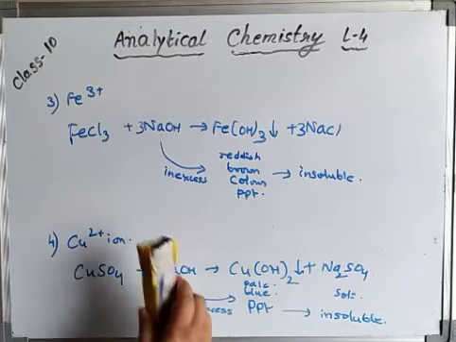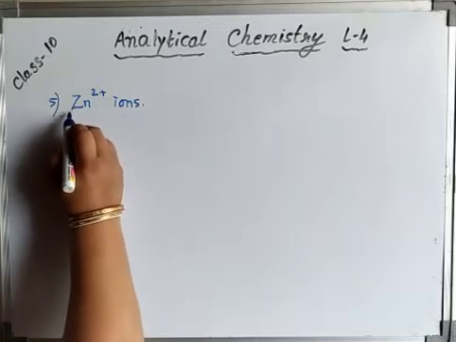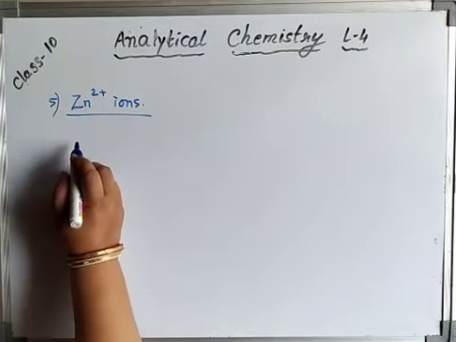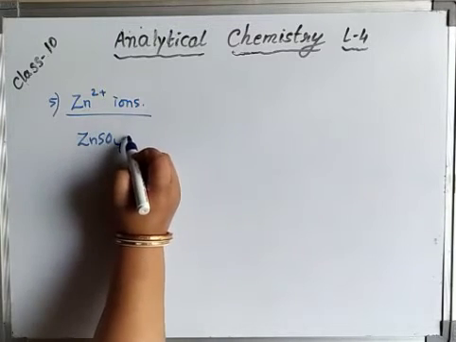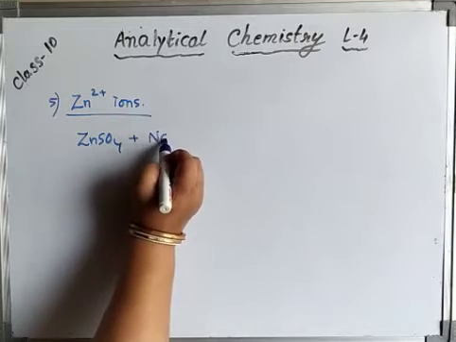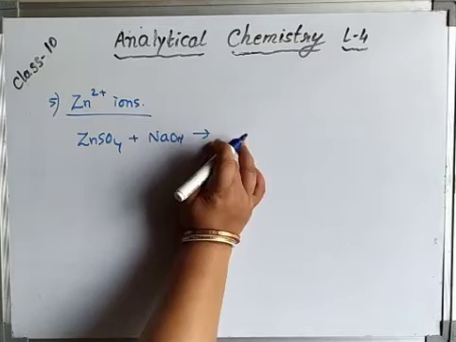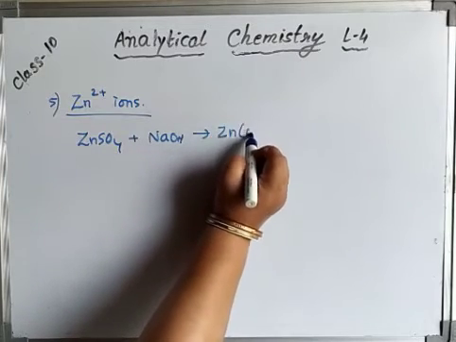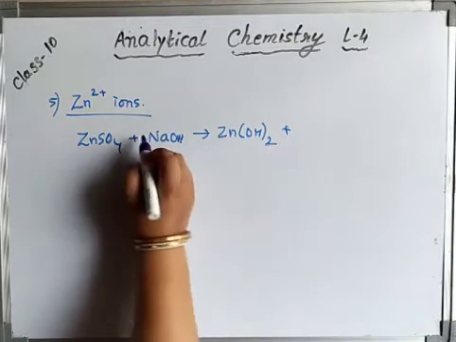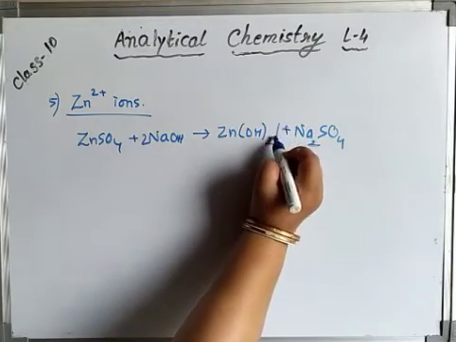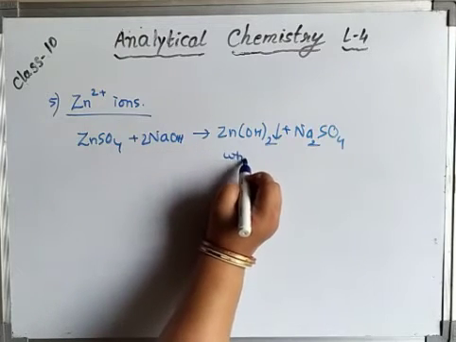That is the zinc salt, that is, Zn2+ ions. Zinc salt gives what? Any example you can take. I am taking zinc sulfate plus NaOH. Again it will give the hydroxide, Zn(OH)2 plus Na2SO4. Now this is a precipitate, but since zinc is a representative element, the precipitate will be